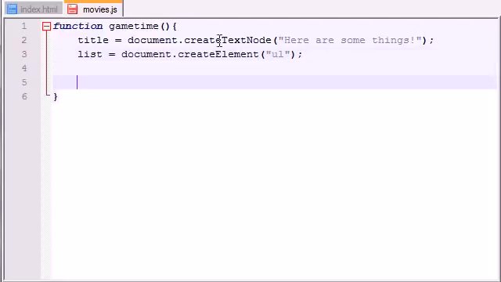So now what we basically did is we created a piece of text, and this is kind of going to be like the header, and we also created an unordered list. Now what we need to do is we actually need to add items to that list. So let's go ahead and see how to do that. item1 equals